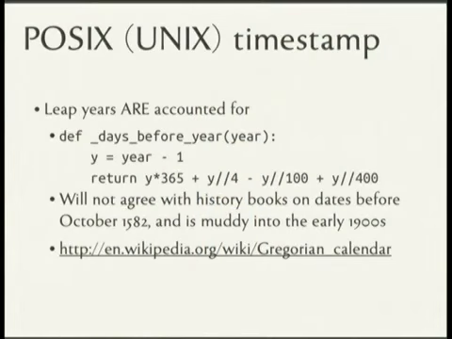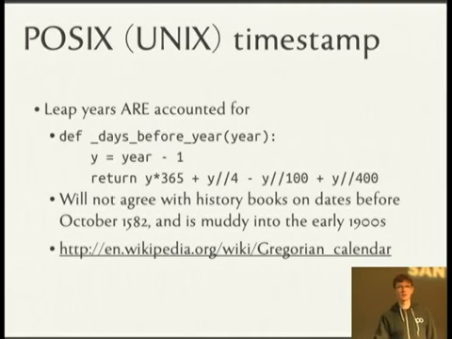POSIX does take into account leap years according to the Gregorian calendar, where every 4th year is a leap year, every 100th year is not, unless it's also divisible by 400. The year 2000 was a leap year. The year 1900 was not. The year 2100 will not be. Which is also interesting because it means that any dates you see before October 1582 don't work with POSIX timestamp styles or anything like this. If you want to try to look back in time using this formula, that's called the proleptic Gregorian calendar.